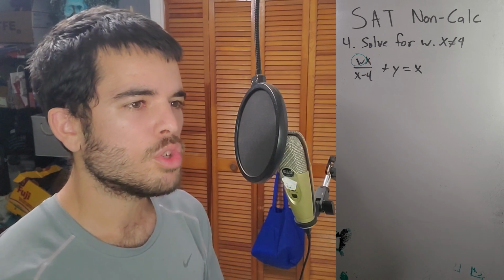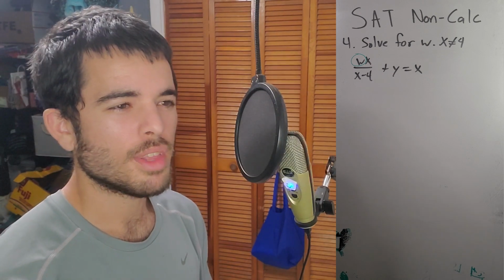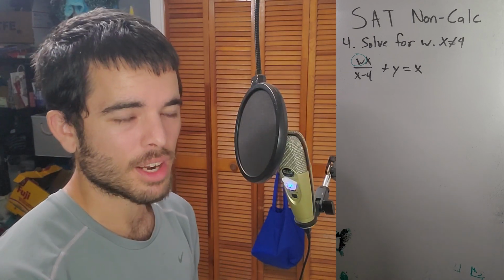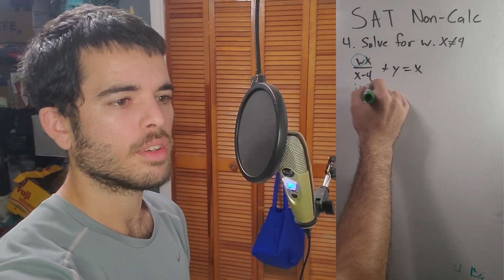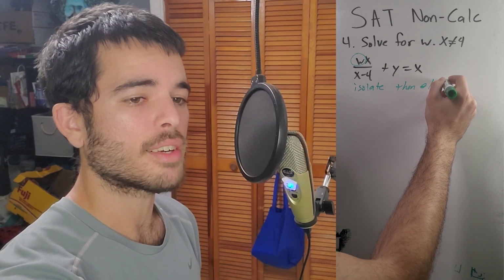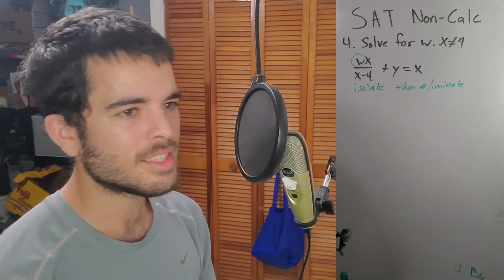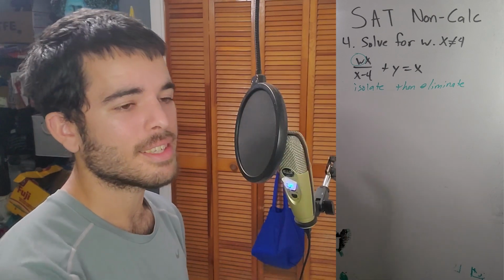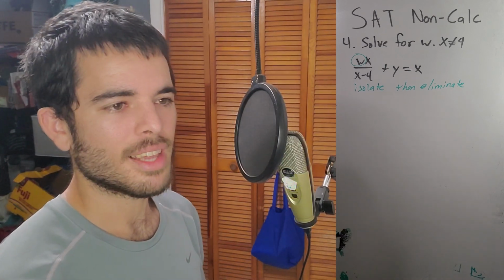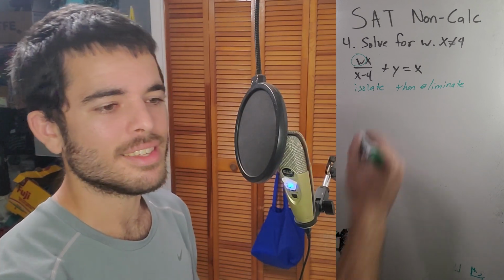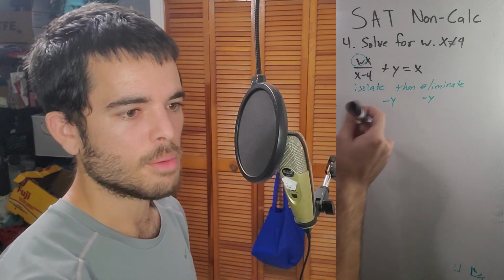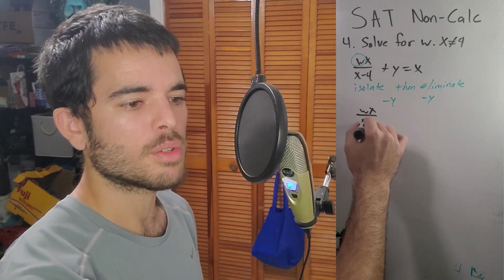The first thing you should do when dealing with fractions within an equation is isolate the fraction and then eliminate the fraction. Isolate, then eliminate the fraction. So how do we isolate it? Well, looking at the left-hand side where the fraction is, we could subtract y to both sides. If we subtract y to both sides, that would then isolate our fraction. So minus y. It's going to give us wx over x minus 4